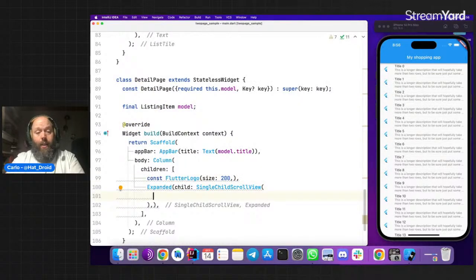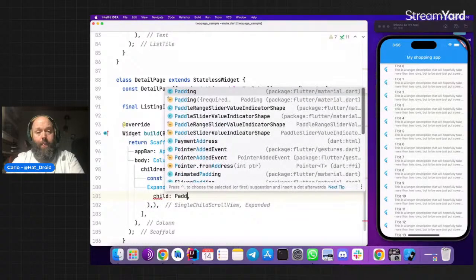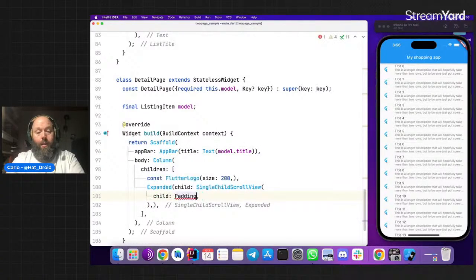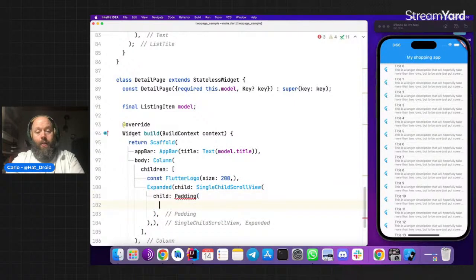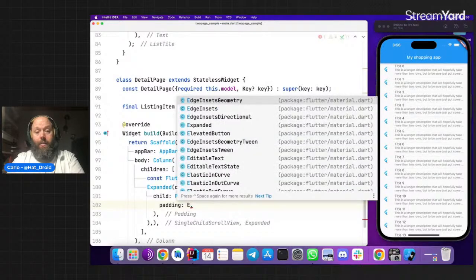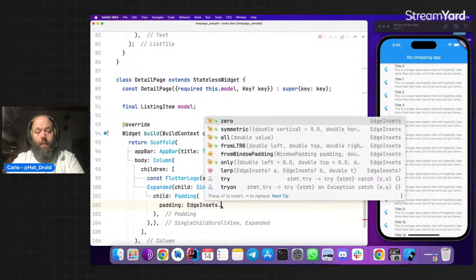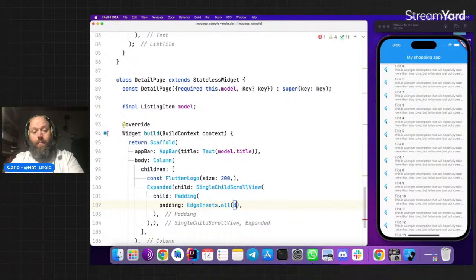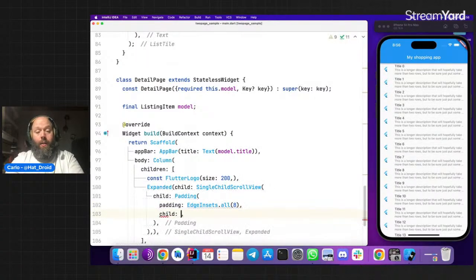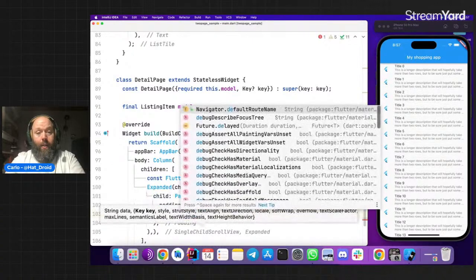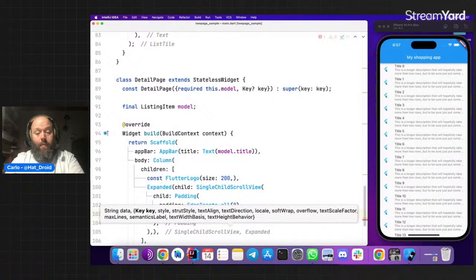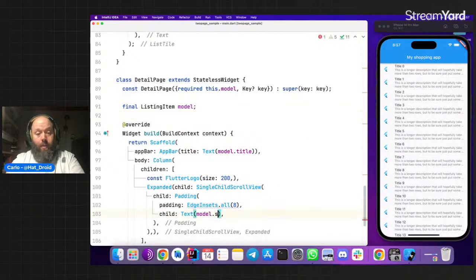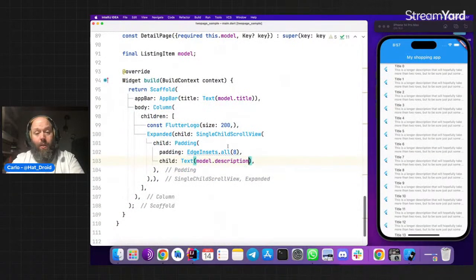And then inside here, we will have a padding, let's say with some space like 8. And our text, that will be model.description. Of course, we won't see anything because we are not